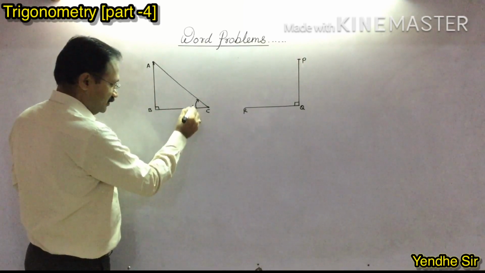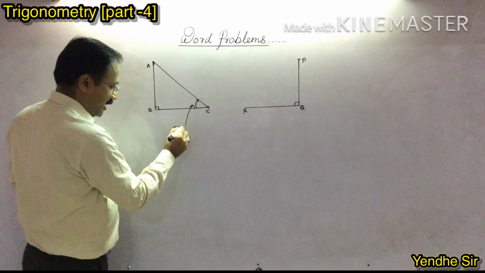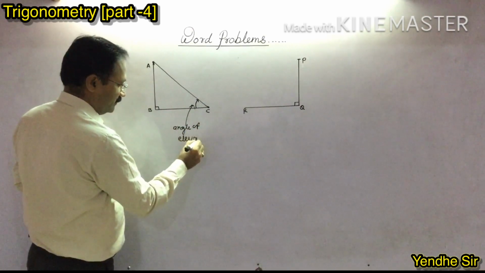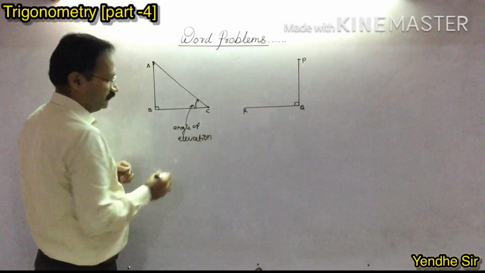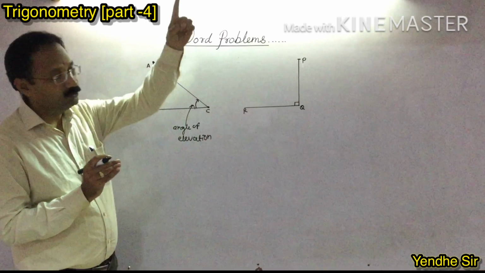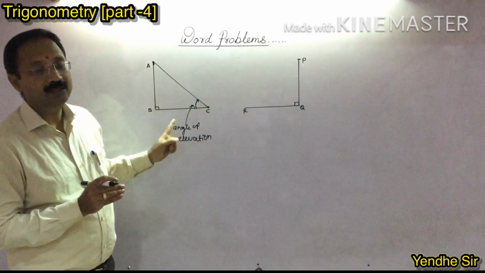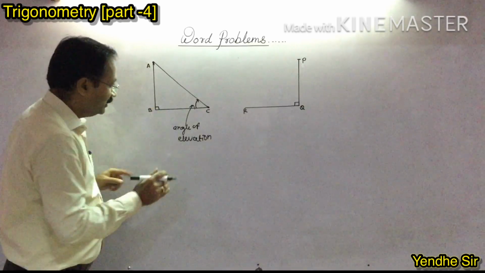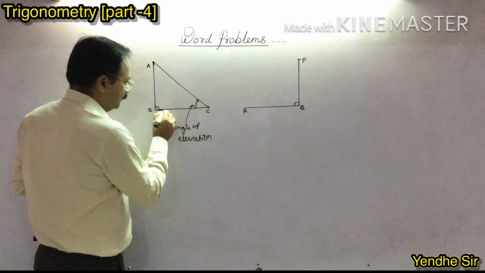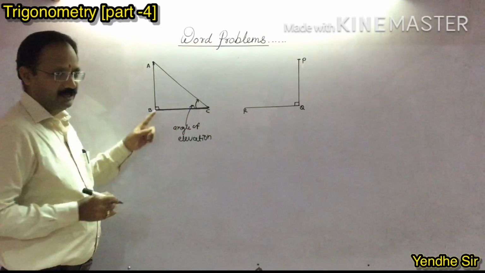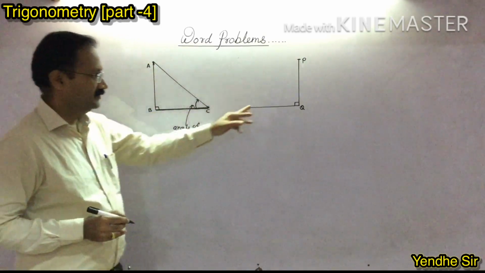This angle is angle of elevation. Remember that if you are going to see from lower to the upper, that is called an angle of elevation. At that time, see, the base is BC and that line is called a line of vision. But see here,